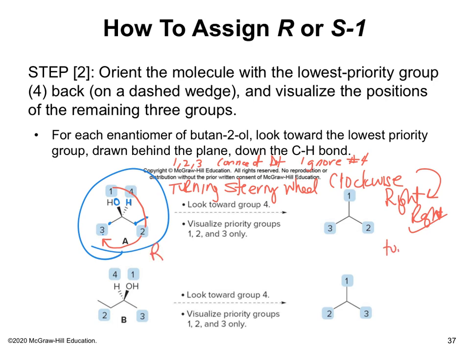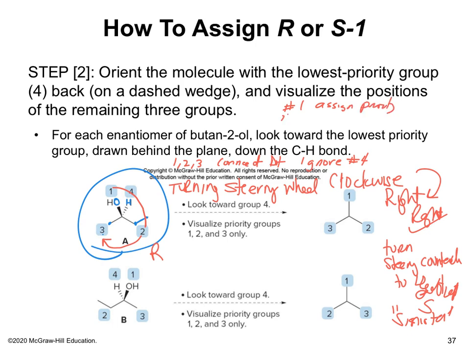If I turn the steering wheel counterclockwise to the left, it's S. And S I think of as sinister. Okay, to the left. But see, I'm turning it to the right. So that's the second thing. So number one, assign priorities. Number two, connect 1, 2, 3. And then number three, are you turning R or are you turning it to S? And then